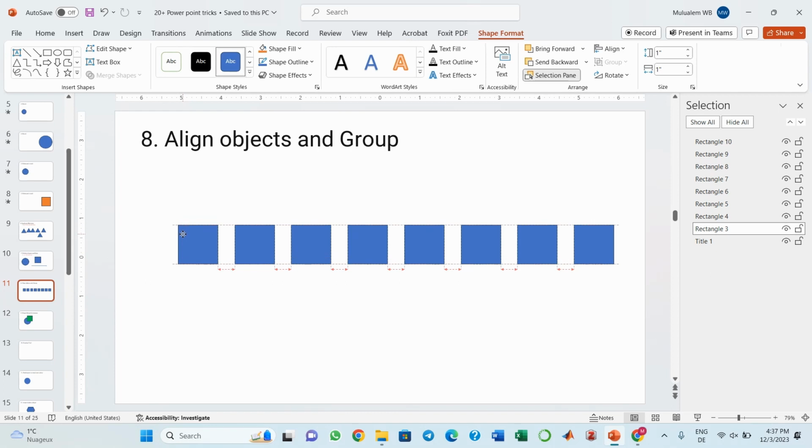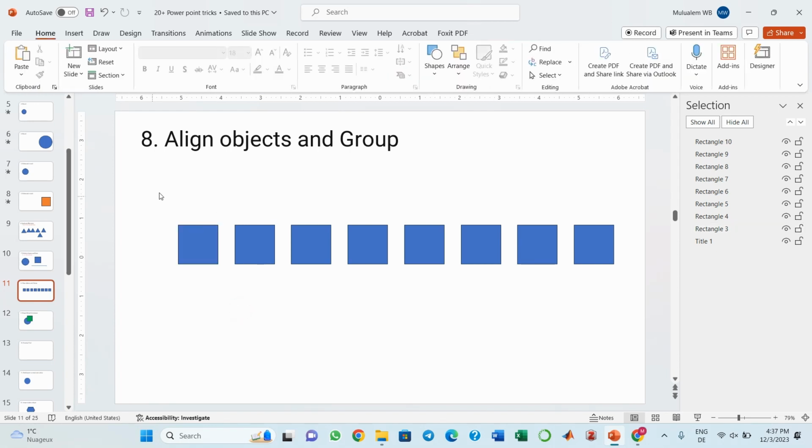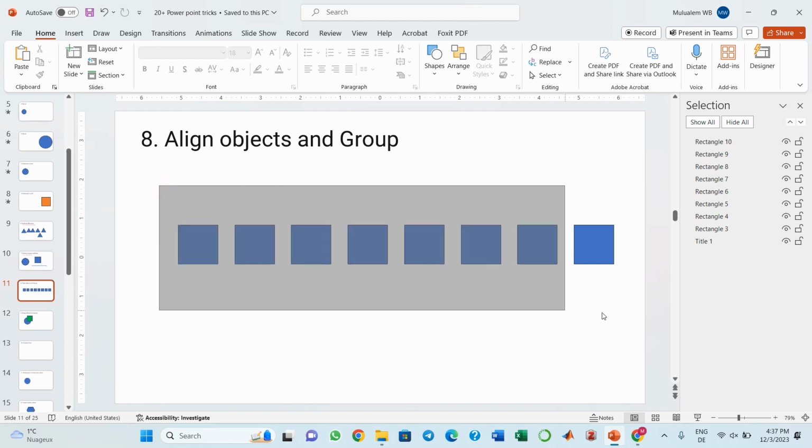When I align the shapes, I see some guidelines vertically from both sides, and horizontally you see these green and red arrows. This indicates the spacing is the same. If I move this one, I don't see the arrows because the spacing is not the same. When I am at the same spacing, the arrows appear. We can do this if we have 2 or 3 images. But if we have 10 or 20 images, the easiest way is using Shape Format and the alignment. If I want to adjust or change all of the images at once, I can select all of them,